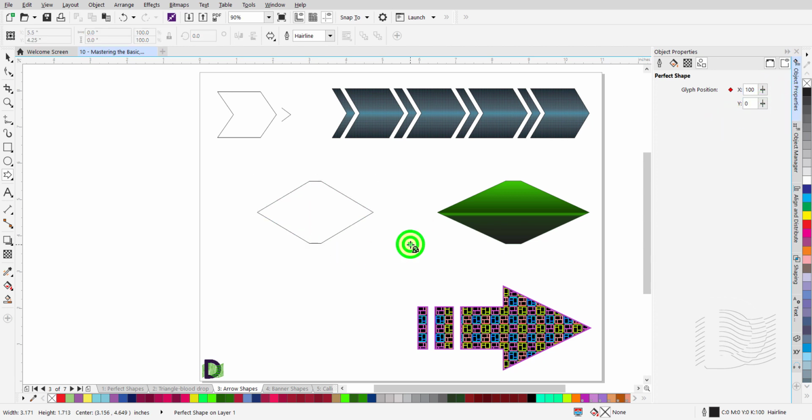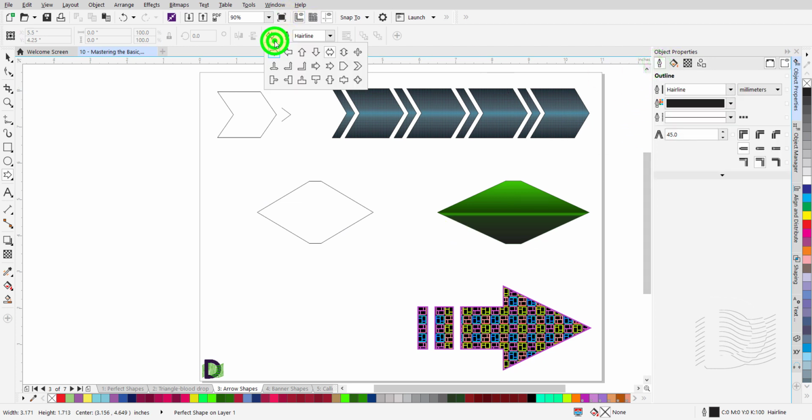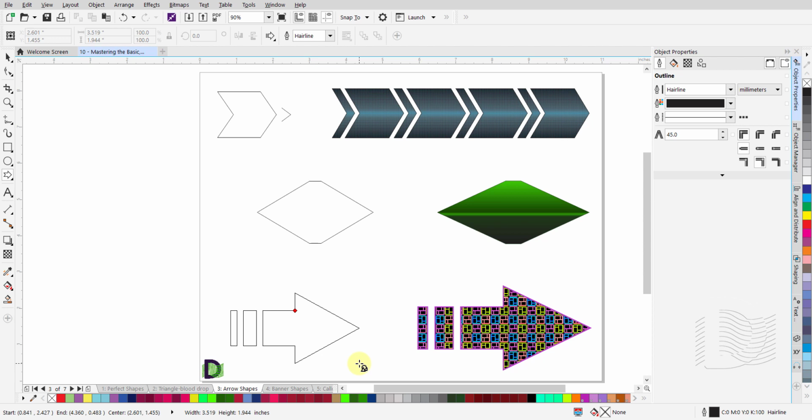Once again, click on this black triangle on the Perfect Shapes icon from the Properties bar to open the drop-down menu. From this menu, click to select the icon that shows an arrow with a trail. It will be the fourth icon in the second row. Left-click and hold at the intended start point and drag the mouse to draw the arrow.